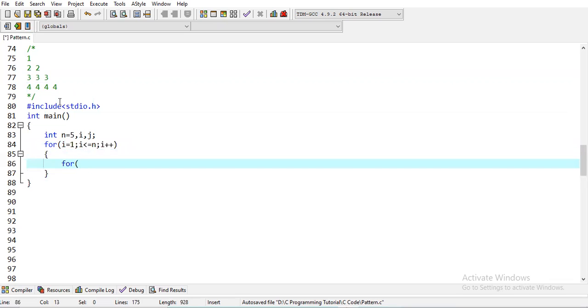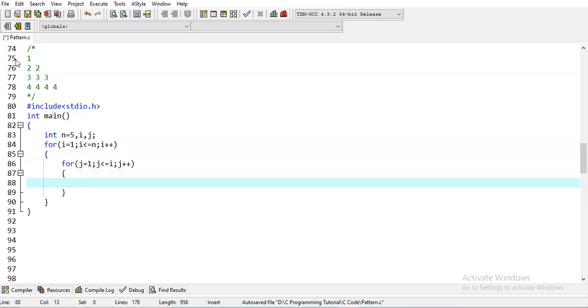And now for traversing the columns, we are taking another loop, and it will move from j equal to 1 to j less than or equal to i. That is, if it is the first row, then one column will print. If it is the second row, then two columns will print. If it is the third row, then three columns will print. Okay, now the number will print,